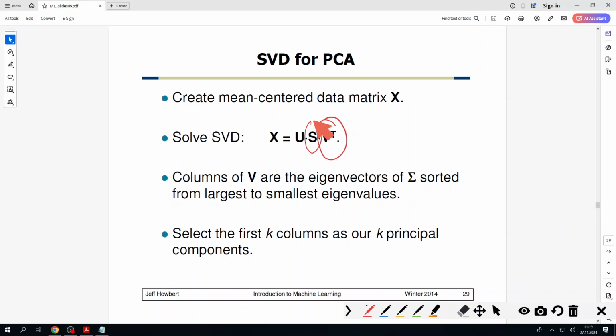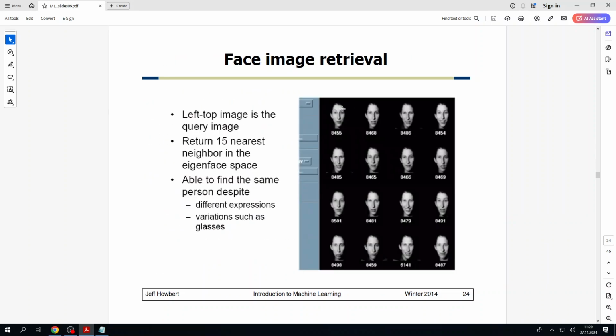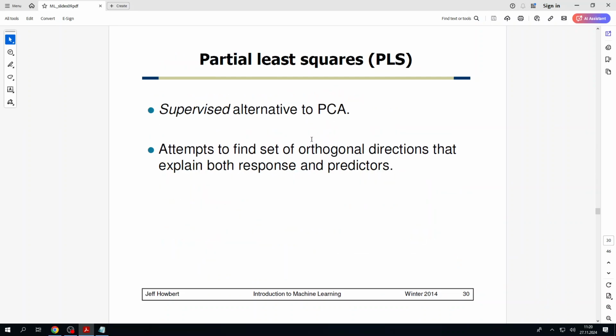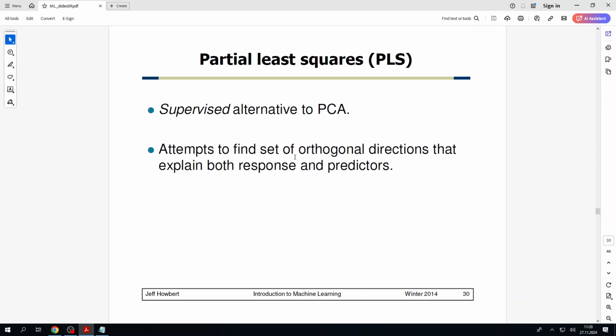Then once you have this matrix V, that is the eigenvectors, you select the most important K ones, which you construct by ranking them like this and specifying a certain threshold. So here you can see that we used 4 components only, and accordingly that is the solution. In a sense you can say that this is the way to calculate your principal component algorithm. They are not exactly the same, but more or less it's one of the ways to run this algorithm